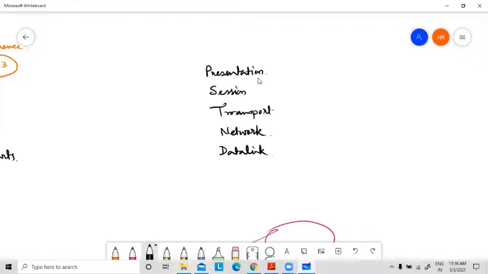Okay, these 5 layers are very important, and above these there is one layer which will provide us the user interface, the main information that you are able to see, and whenever you press the send button, it will transmit through the physical layer. So we are only able to see the layer called the application layer, which will provide us the user interface, UI or GUI, you can say, graphical